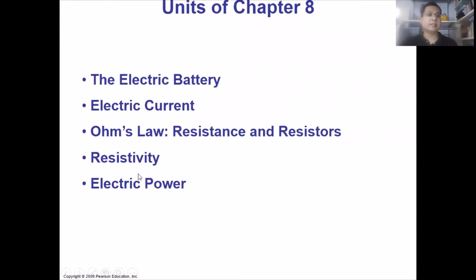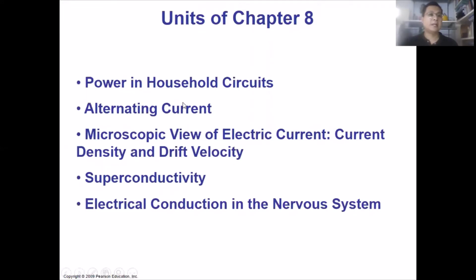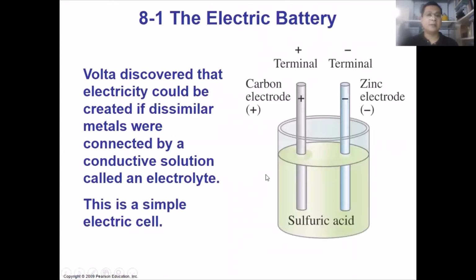So in the topic of chapter 8, we'll cover the electric battery and electric current. In Ohm's law, we have resistance and resistor, resistivity, electric power, and power in the household circuit, alternating current, the macroscopic view of electric current, superconductivity, and electrical conduction in the nervous system. Okay, without delaying the time, we try to discuss the first topic,